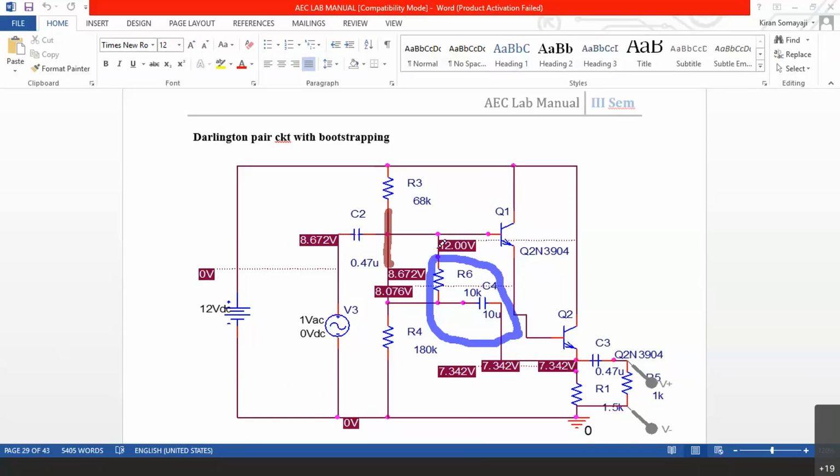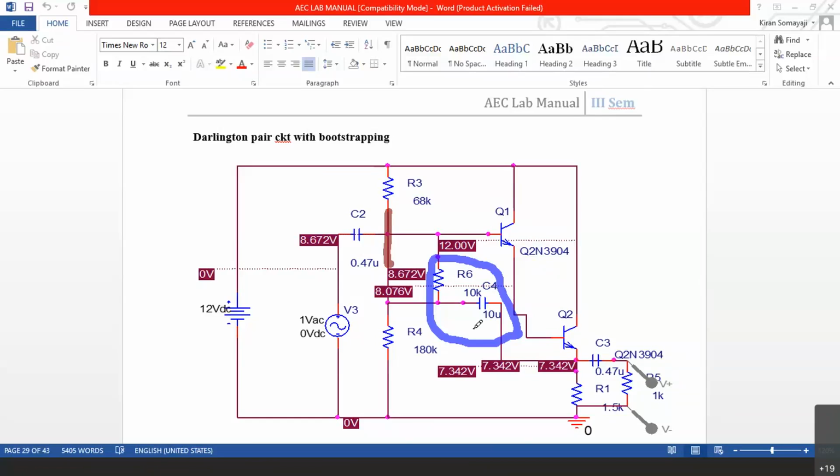Those students who are interested to know more about how this input impedance increases by the connection of these two components, as far as the AC analysis is concerned, you can go through the book Electronic Devices and Circuits by Millman and Halkias. It's a very old book. It has gone through many editions. Even now the book is available. You can go through it just to have an idea about how AC analysis is performed for the circuit